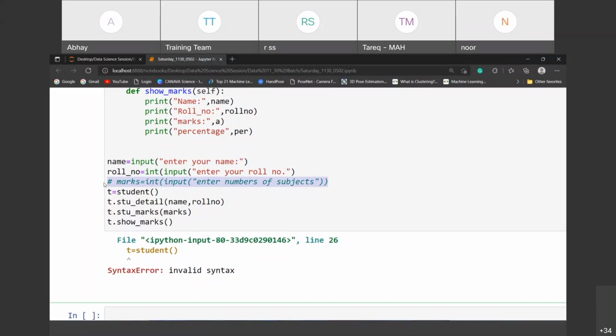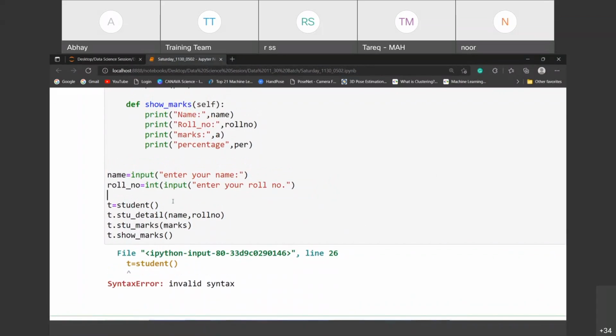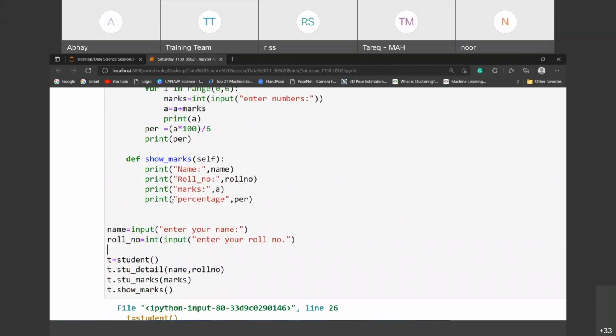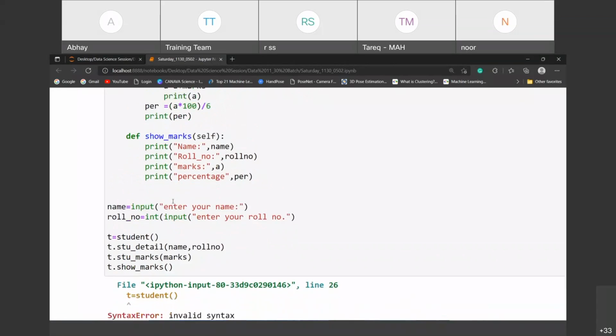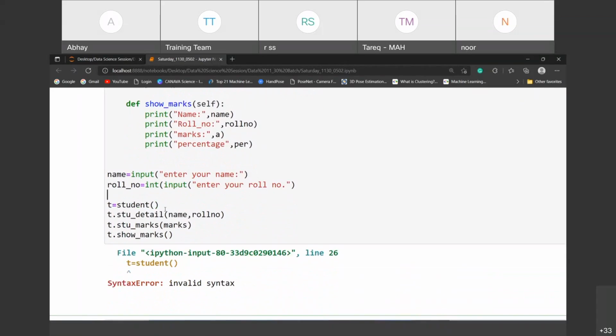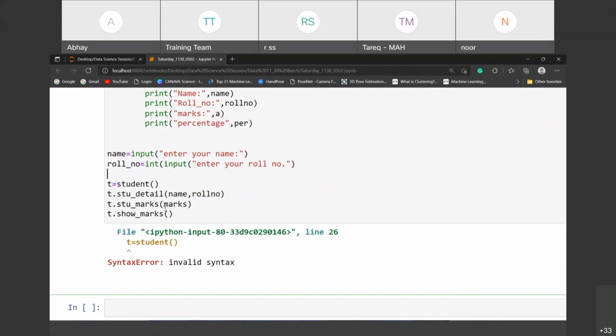Wait, something is going wrong here. I'll check, sir, definitely. Sir, other than marks is also error. Yeah, other than marks also we got an error. So here, no need to take an error, no? Better, because invalid syntax, this is correct. So why is it throwing the error here, right?